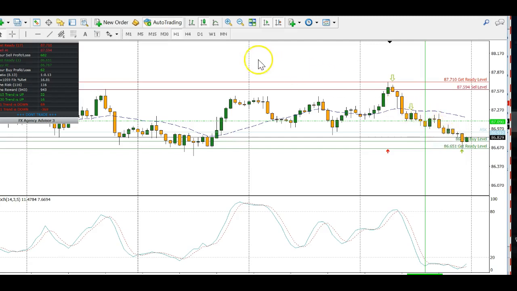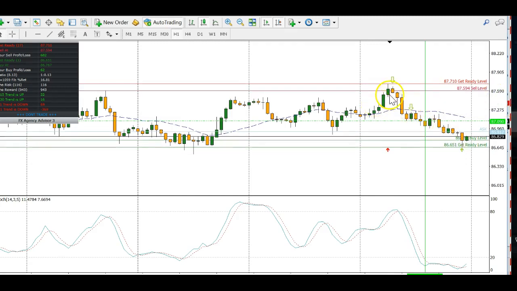But look at this trade. It continued to sell off, even with the advisory indicator, or rather the wizard, giving us a sell signal. It just continued to sell off for another 50 pips. So yes, at times I will take a trade based on just the FX advisory indicator if there's a candlestick